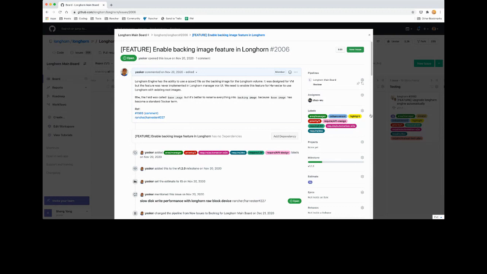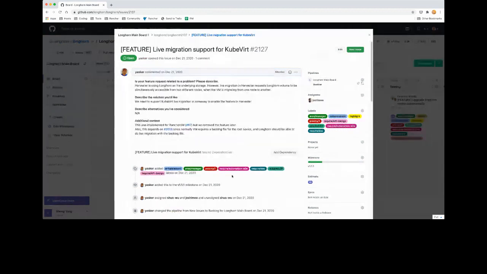And one final thing we have here is the live migration support for KubeVirt. And of course, this is also designed with the Harvester use case in mind. So currently, KubeVirt doesn't support live migration using a read-write-once volume. KubeVirt currently only supports storage providers that offer read-write-many in order to perform